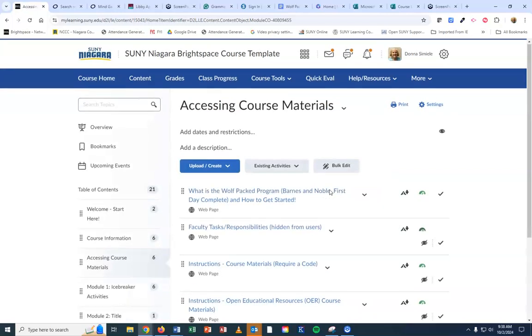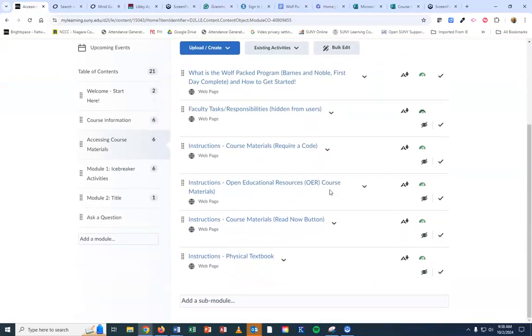Then I've created documents based on the 4 different ways that I know faculty use the textbook. So I have a statement for if you're using OER, if you're using course materials for the code, just a read now button, and what to do with a physical book. And just to give you an idea, if I go into this one here, this one's probably the most